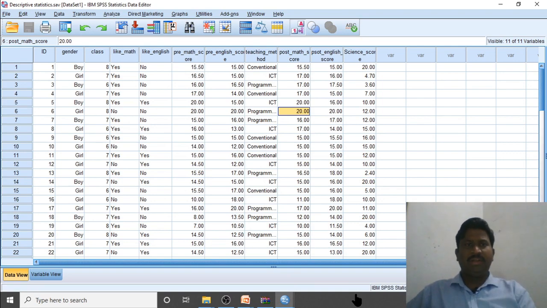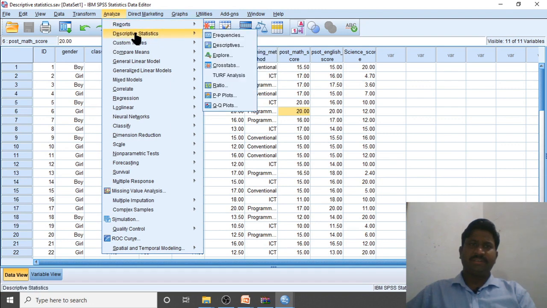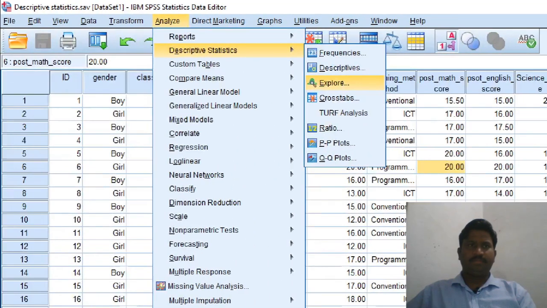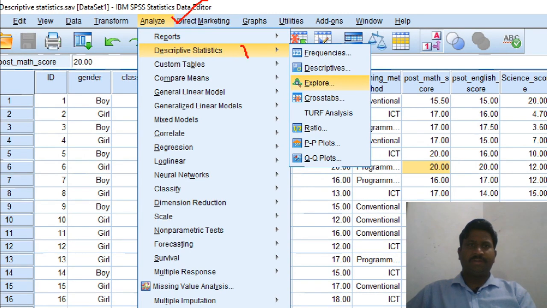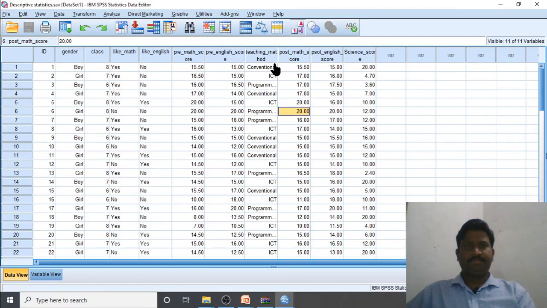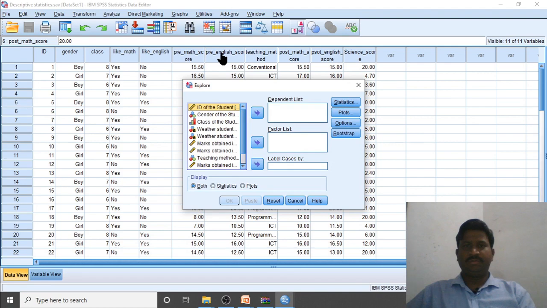Now we have one more statistic to test the data. Analyze, Descriptive Statistics, Explore.